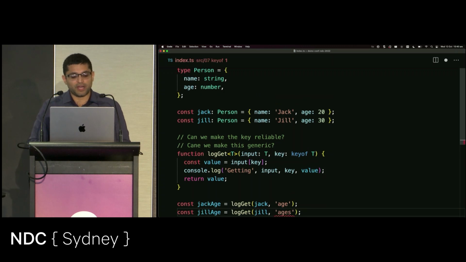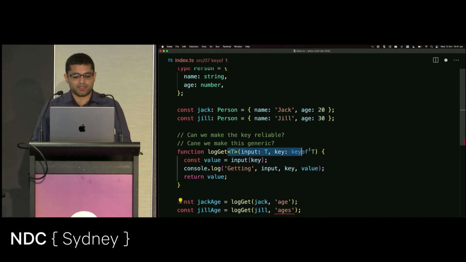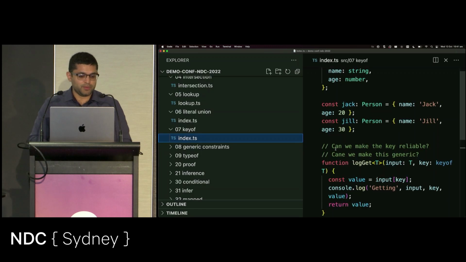Yes, so the question is, why does doing a typo over here turn into an error? That's because when we pass in Jill, it's figured out that, hey, Jill is of type person, so this must be keys that exist within person. That's the constraint that we put over here. Cool. Let's jump to the next one, which is